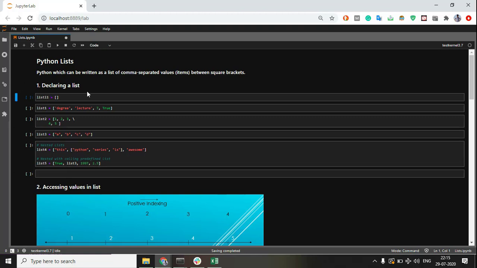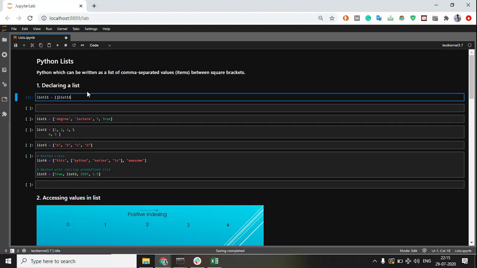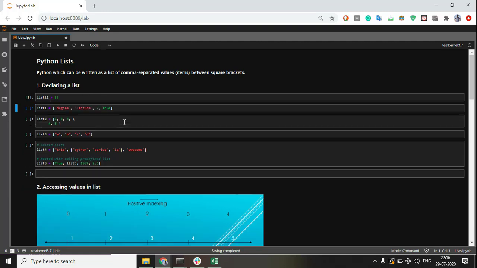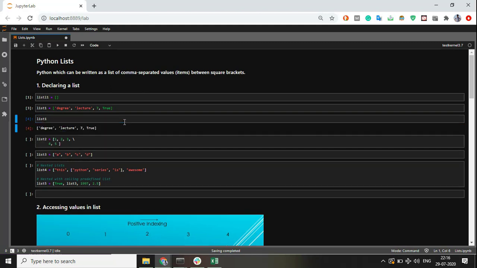A list can be declared in different ways. So basically we can declare an empty list where values can be appended over time. So here in this case, as you see, the very first case is where I've initialized a blank list, say like this. So it doesn't have any value as of now. So another way of initializing a list is just basically assigning values to it and not appending later on. You can just initialize the list by adding some values, as I've added over here, two strings, a particular integer, and a boolean value. Now when I look at that, you'll see something like this. This is how a list looks like basically.